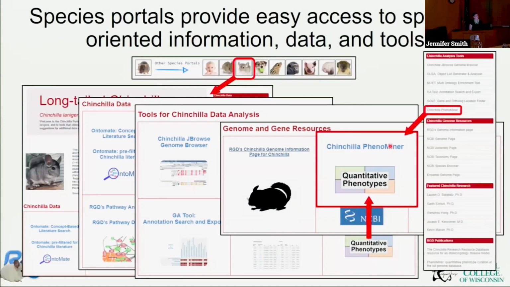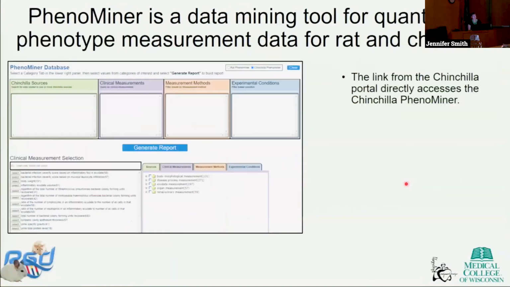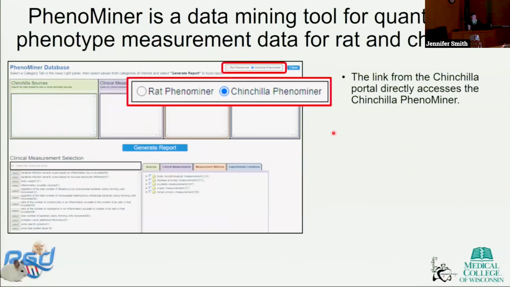So I don't have time to go through everything that's shown on this page, but I would like to highlight a couple of things. And the first thing that I would like to highlight is the Chinchilla Phenominer. Phenominer is a data mining tool for quantitative phenotype measurement data for both rat and chinchilla. The data in Phenominer is a combination of curated data and direct submissions from researchers. When you first access the page,